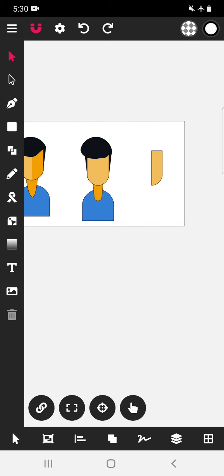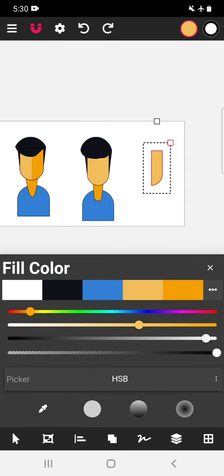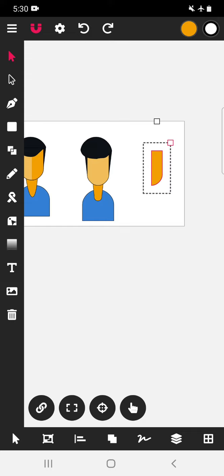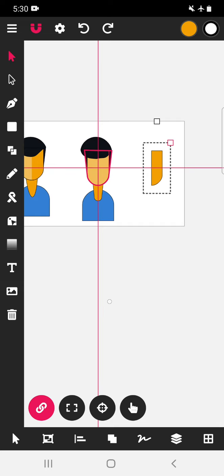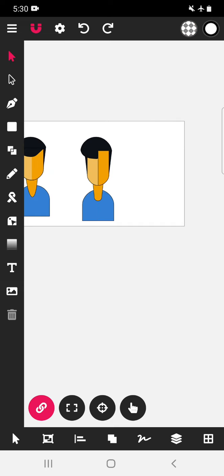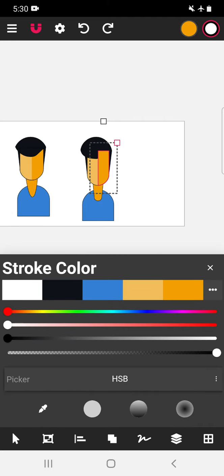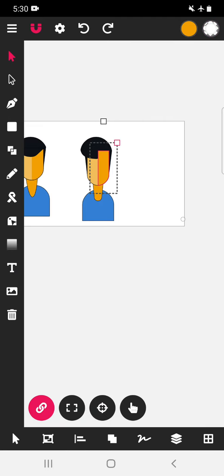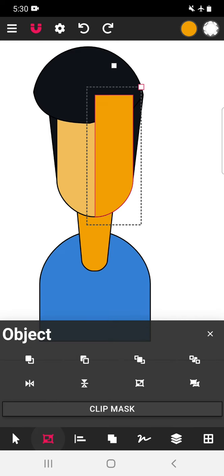So remember that we have to first select the lower copy which we want to do the subtraction. Now select this and click here. Again select constraint and drag it inwards. Okay, now we want to remove the stroke. Select here and drag it like this. We have to move it backwards. Select this option to move it backwards.